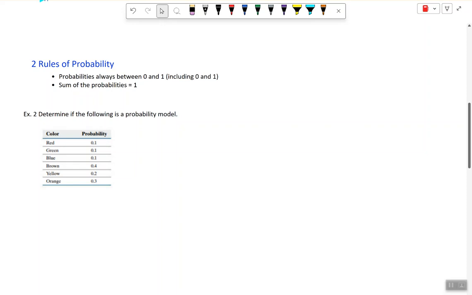So there's two rules of probability that we need to understand. The first rule of probability says that all probabilities will be between 0 and 1, including the 0 and 1. And the second is that the sum of my probabilities must be equal to 1. So if we think about the probabilities falling between 0 and 1, remember that if you listen to a weather